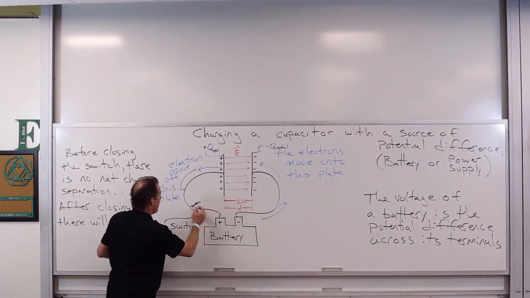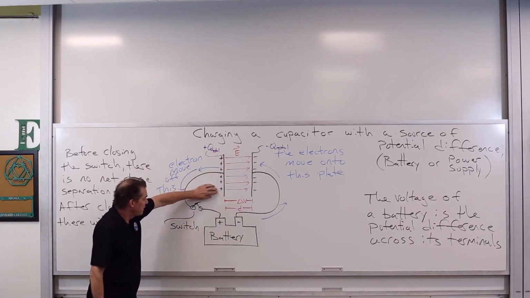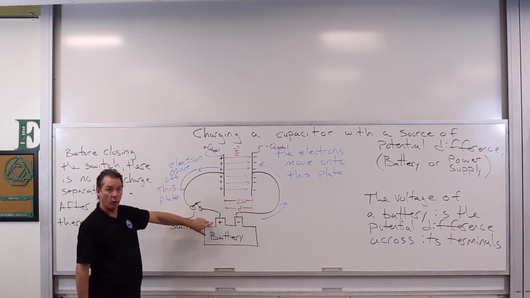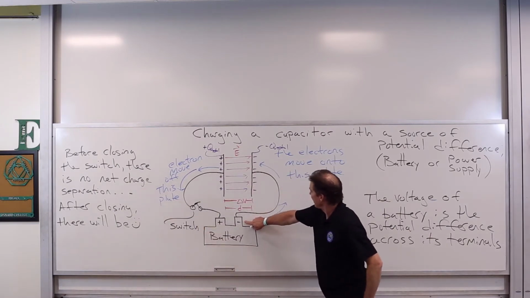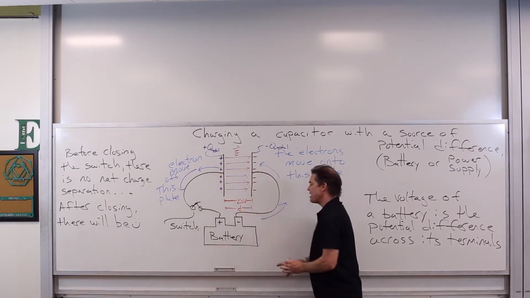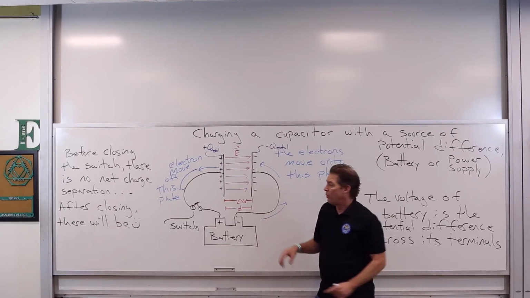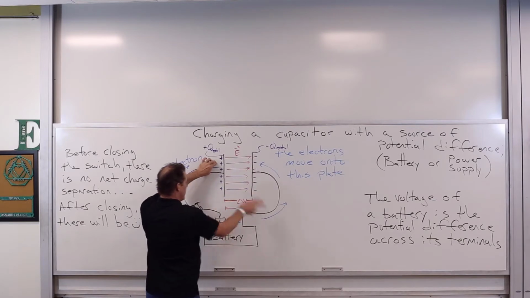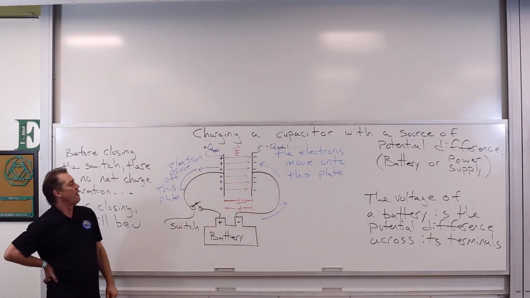Ultimately, having this conductive pathway connected to the sheet means that this sheet is connected fully to the terminal of the battery. This sheet, when connected to this, acts like this terminal. And thus the potential difference across these sheets has to be equivalent to the potential difference across the terminals because they're just extensions of it. Whatever potential this is at is the same as this. Whatever potential this is at is the same as that. So the potential difference across the sheets is the same as the voltage of the battery itself once it's fully